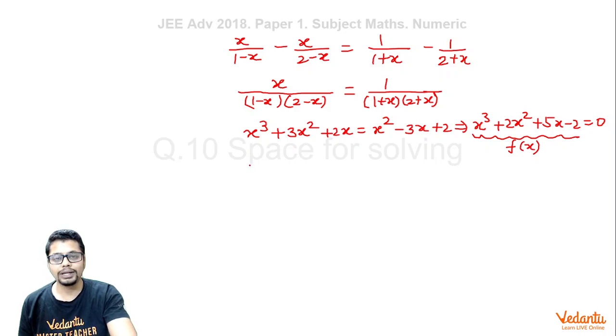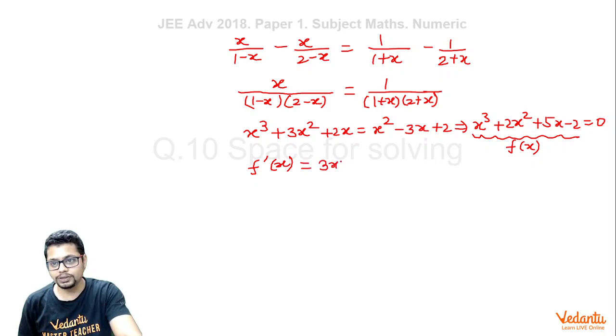And in general, how do we deal with a cubic polynomial? By considering its derivative or by guessing one of the roots, which if you try you may not be able to guess. The derivative turns out to be 3x square plus 4x plus 5. If you see carefully, this quadratic has leading coefficient positive and the discriminant 16 minus 60 would be negative. So that means this quadratic polynomial is positive for all x. That means derivative is positive for all x. That means this f of x is increasing for all x.